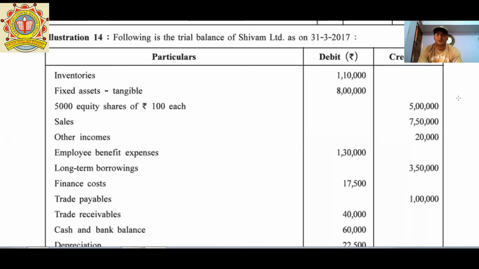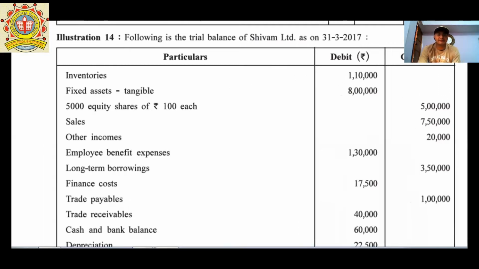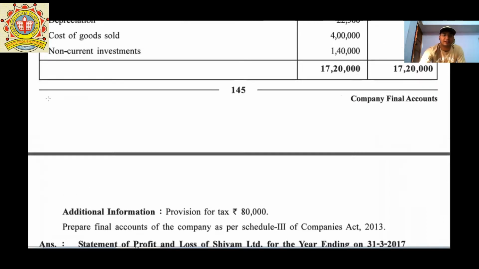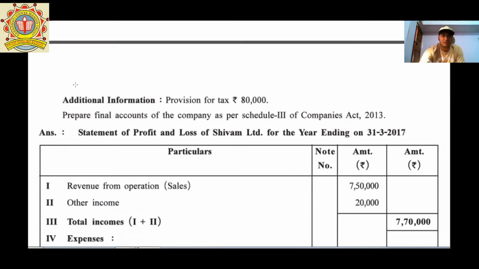Today I'm going to start the last part of chapter number 3, company's final accounts, in the accounts subject. Here there is illustration number 14, where it includes the entire full-fledged P&L account as well as balance sheet, and adjustments are also given in the question like this. Okay, so before starting a sum